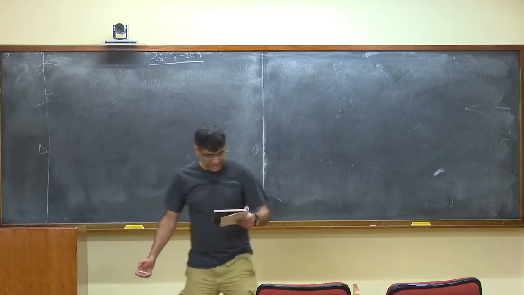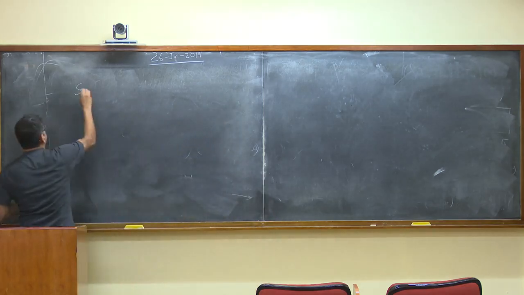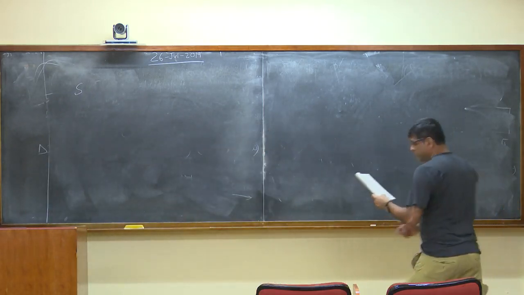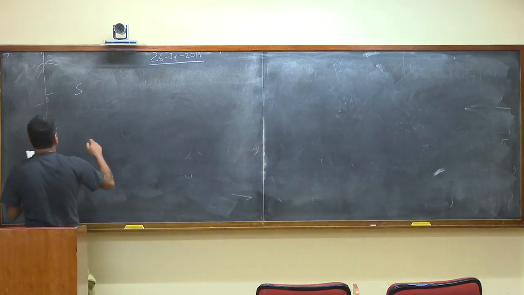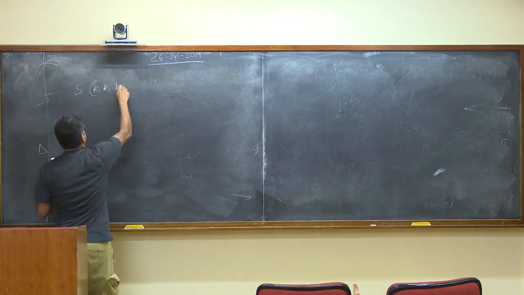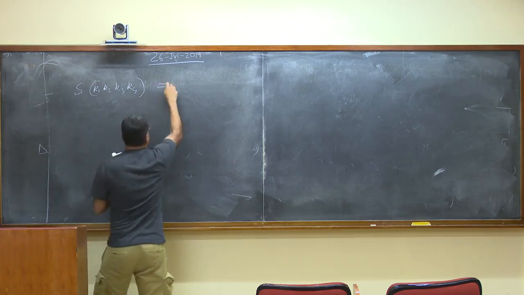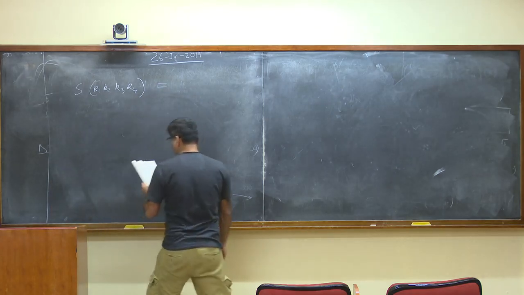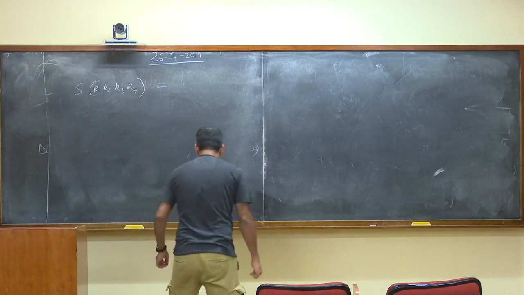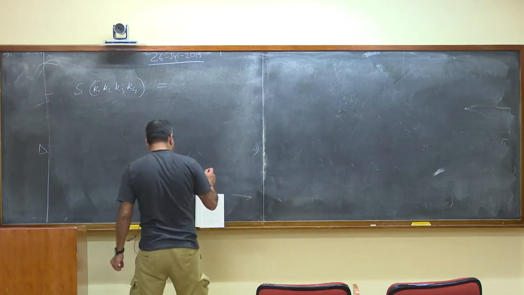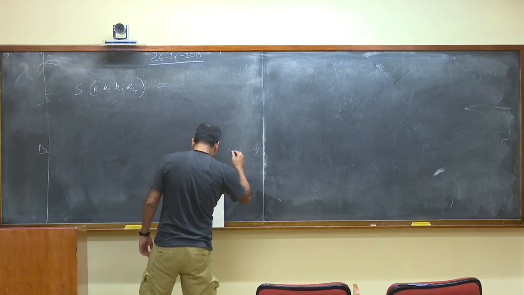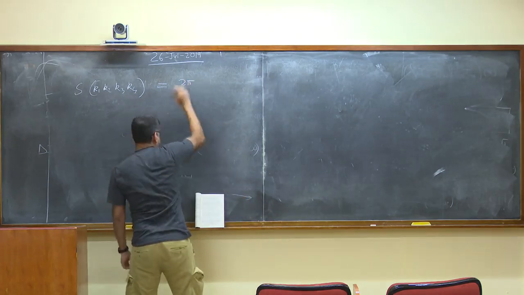Okay, so in the last class we'd computed the scattering amplitude for four tachyons in the closed string theory, and we got S(K1, K2, K3, K4) equal to... Now, first let me write what we wrote last time, which was 2 pi,